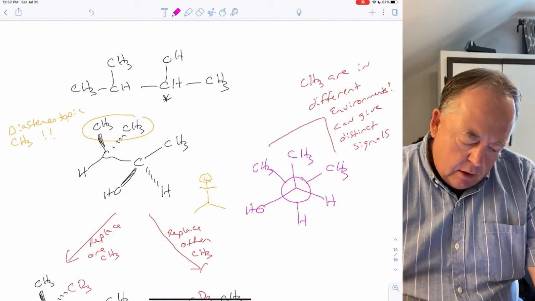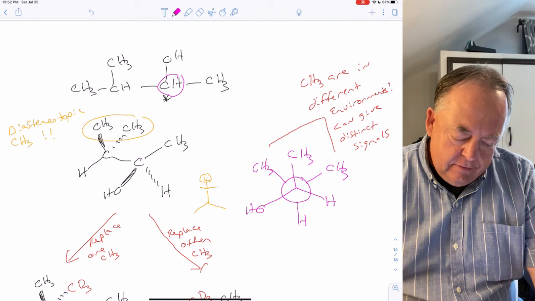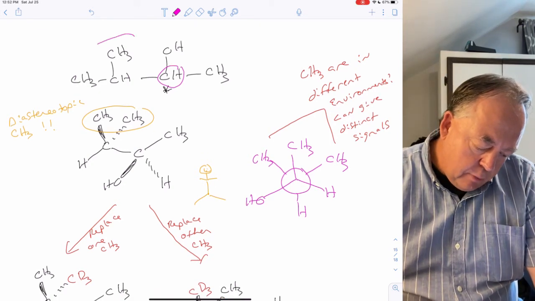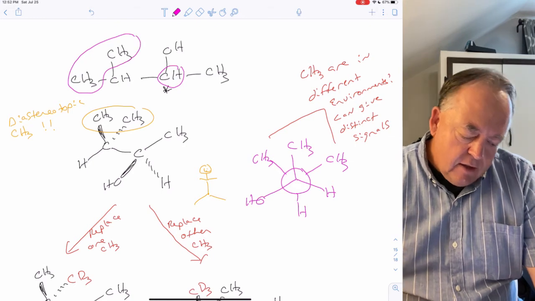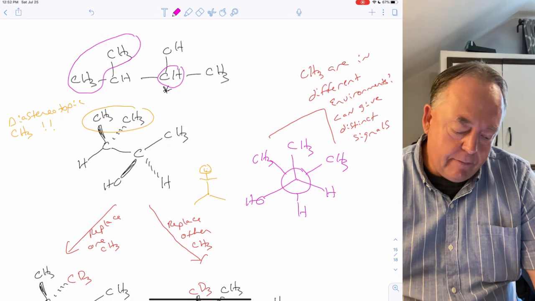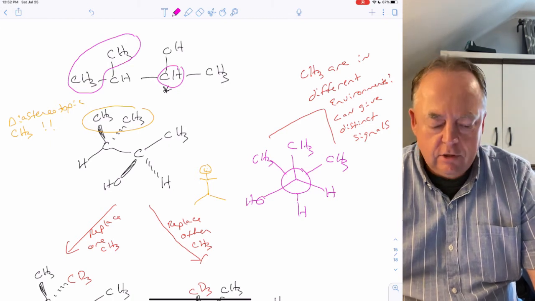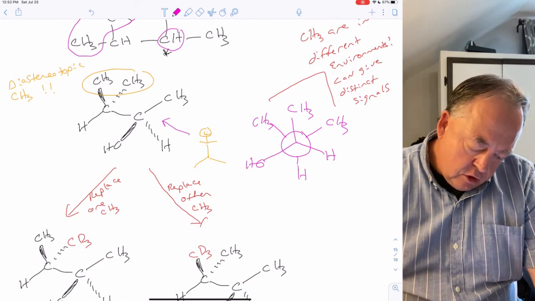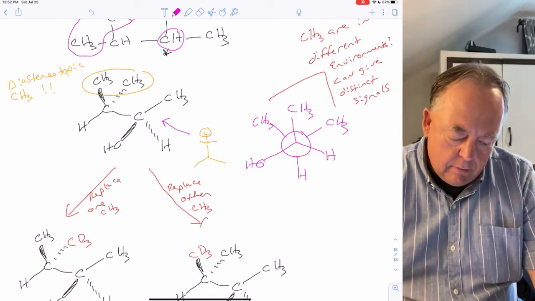Okay, if we take this molecule, it's got a chiral carbon in it, right? We use this to illustrate the point that these two methyl groups are diastereotopic. So you can have diastereotopic methyl groups just like you can have diastereotopic hydrogens. If we took this molecule, for example, and drew a Newman projection looking down that carbon-carbon bond, so we